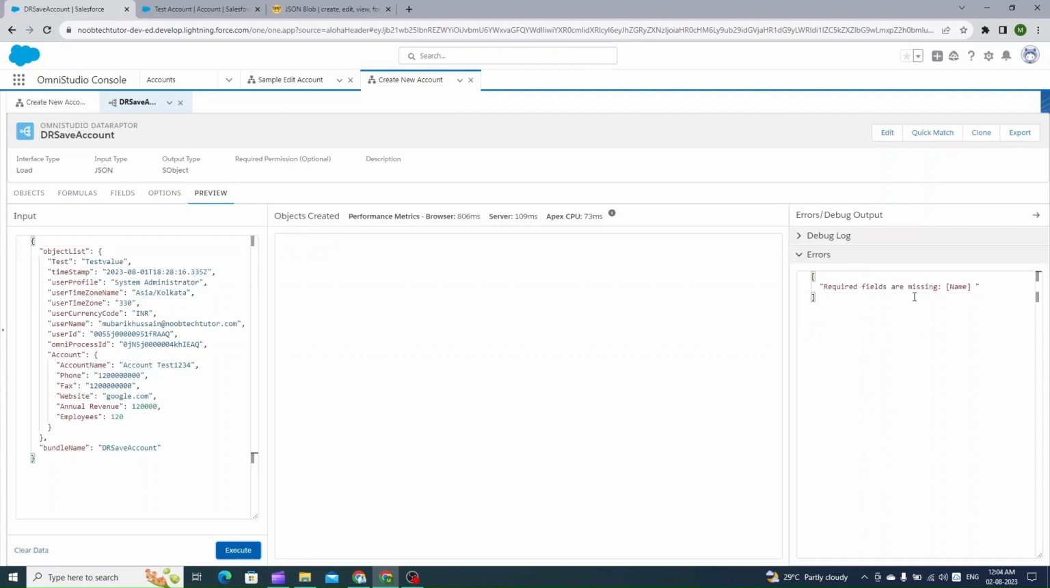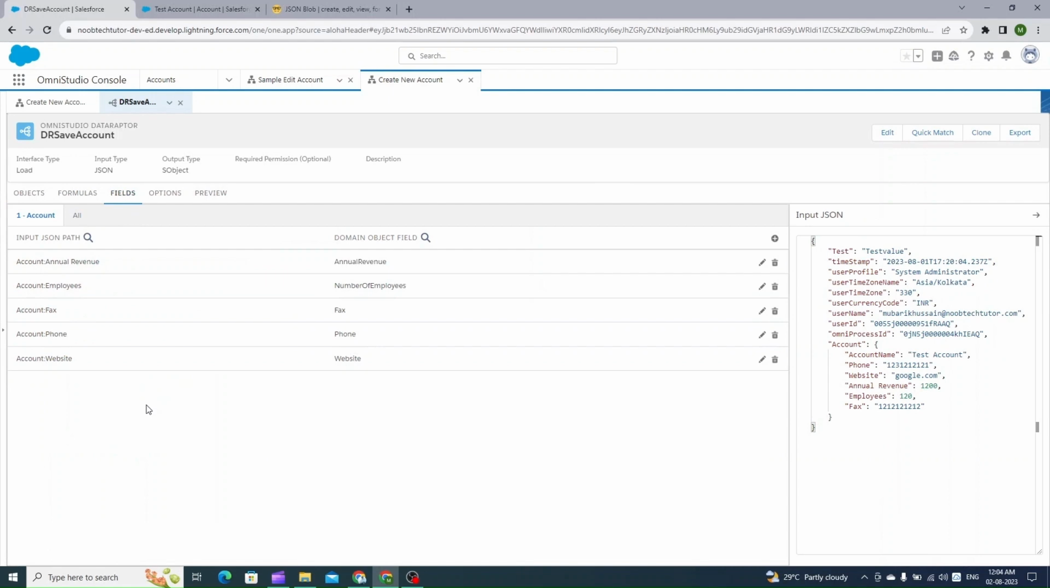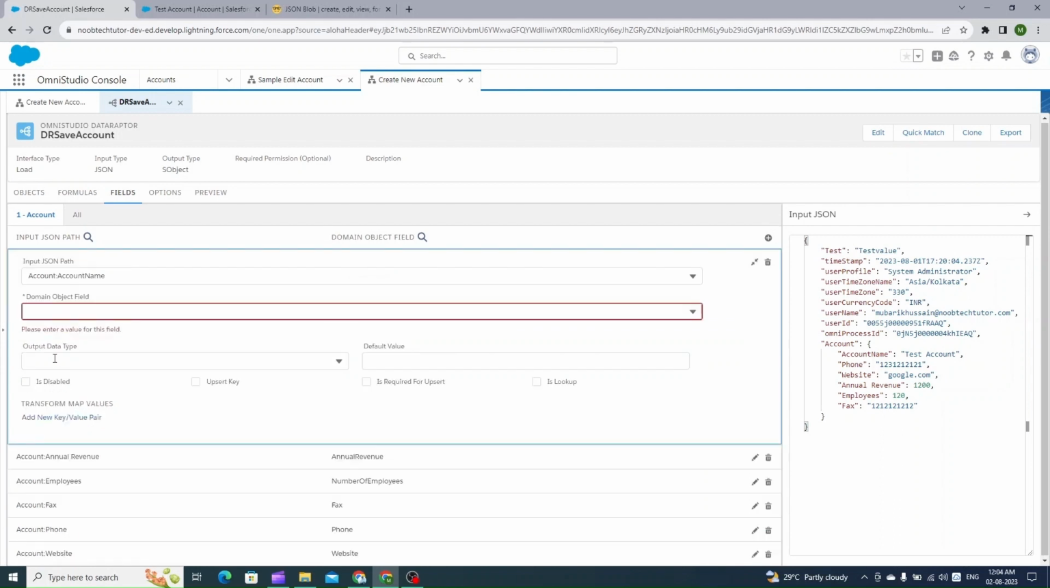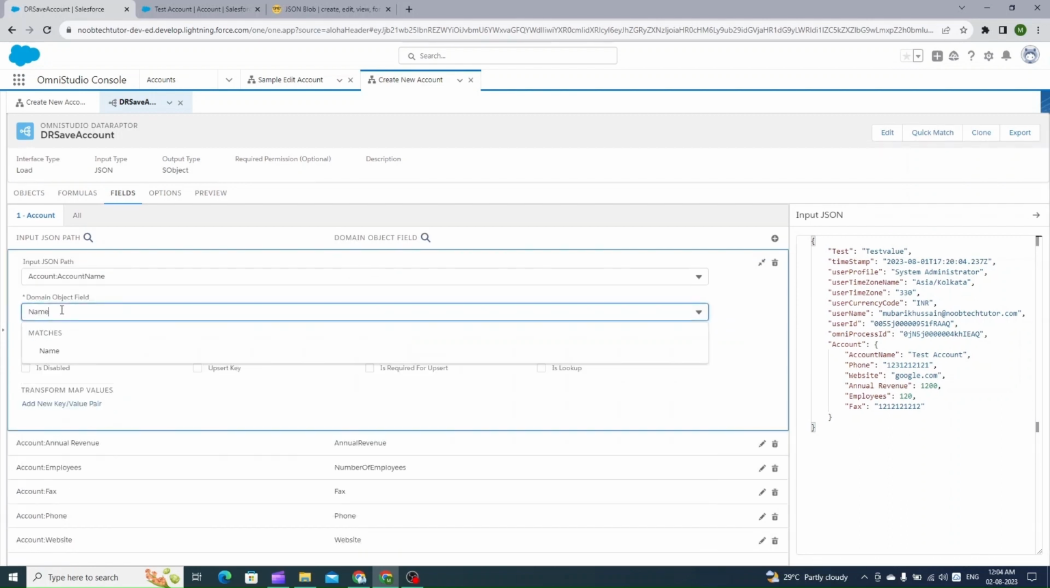By this I can conclude that this field actually is not getting saved, and I can verify if this field was actually mapped or not. So I'll map it. And the error will be resolved. Apart from this,